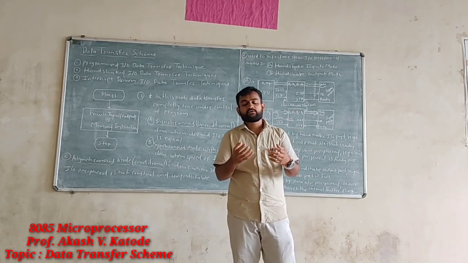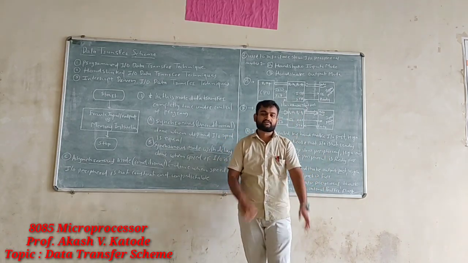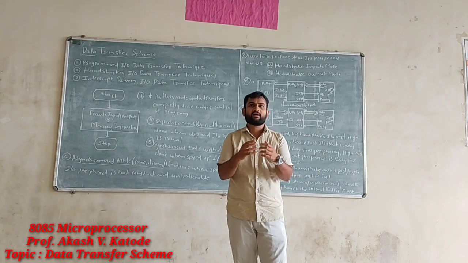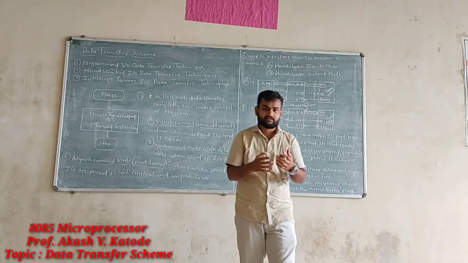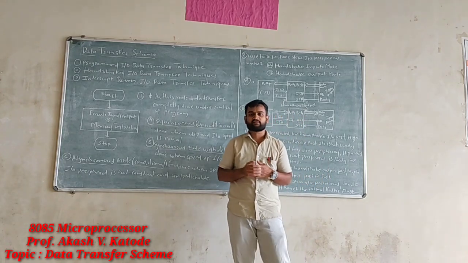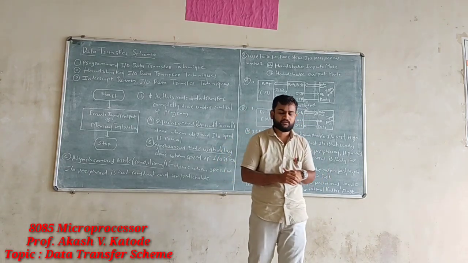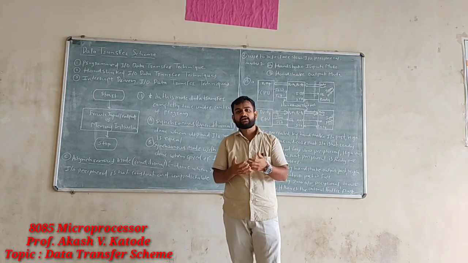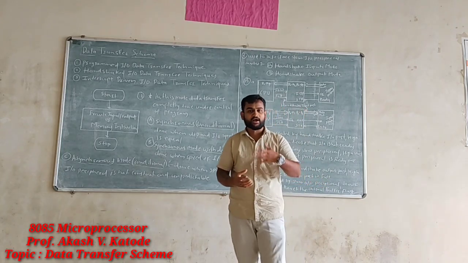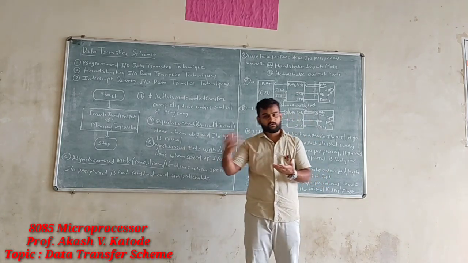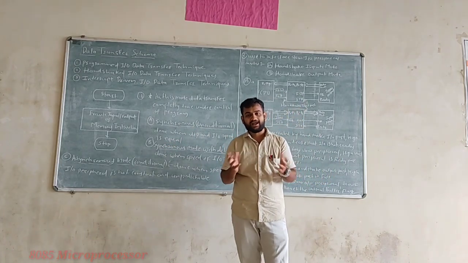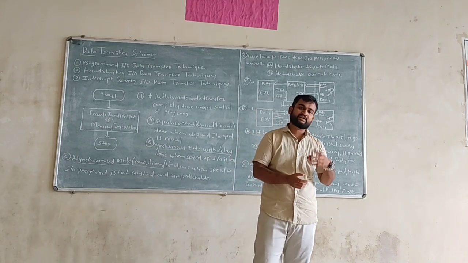Now, whenever we think about interfacing multiple devices with the microprocessor, we need data transfer schemes. As we know, in the instructions of the 8085 microprocessor, we studied the data transfer instructions. These ultimately are used to interface I/O devices, or to transfer data from I/O to memory, or from memory through the microprocessor to I/O. So data transfer happens between these multiple I/O devices, and for that we have data transfer instructions.